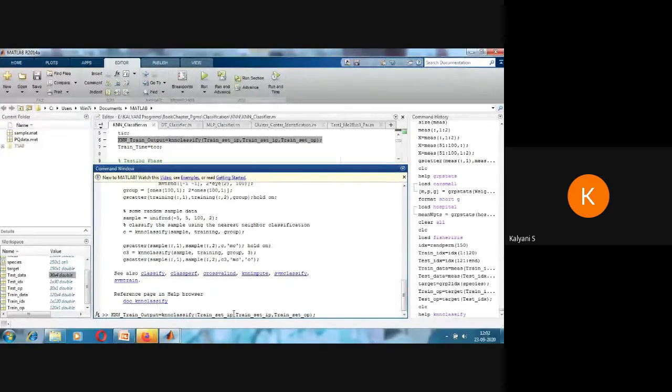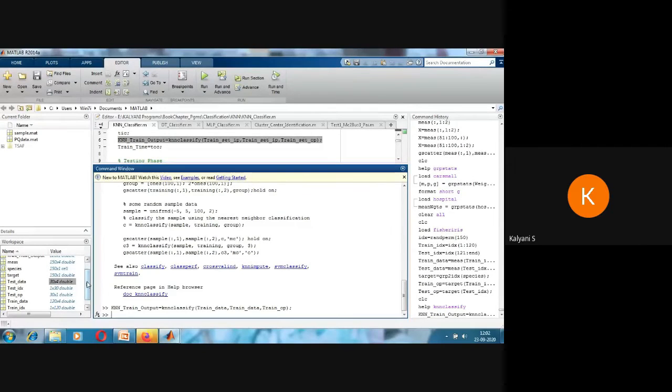Here the variables are different, so it is train data, train output. Please understand what I am doing. I am giving the training data, that is input X and output Y. As a result, the model will be built and the model will be tested for the training data itself first. Then only I am going to test it for the testing data. So initially for the training data itself, I am testing the model, accuracy should be 100%.